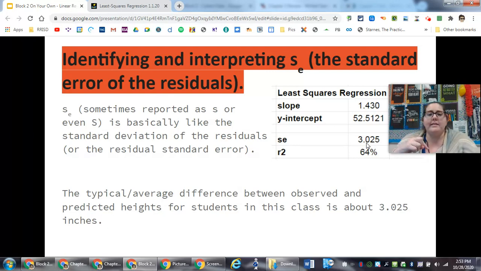Another thing that is linked in the assignment for this notes video is what we call a regression cheat sheet. There's a lot of wording and a lot of little pieces that you have to know how to interpret really well. That cheat sheet is a good way for you to keep track of the different things that you need to memorize and know for your